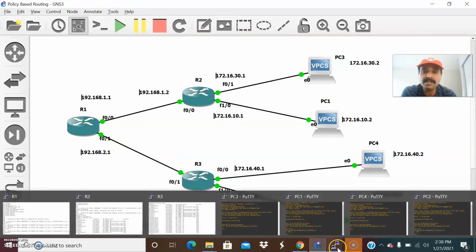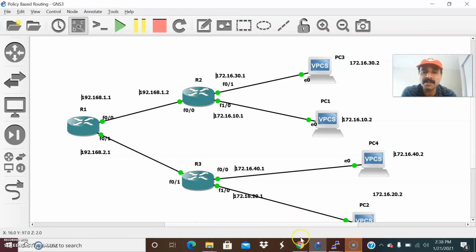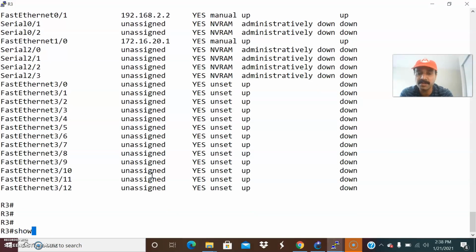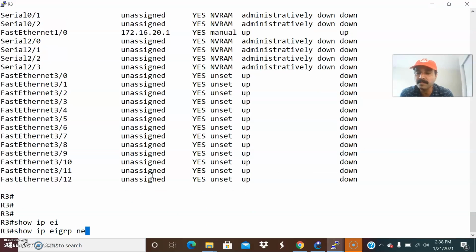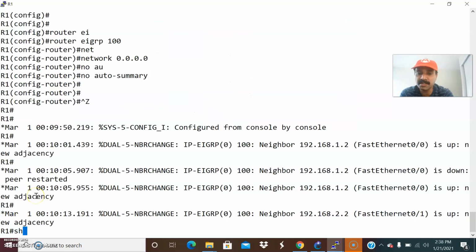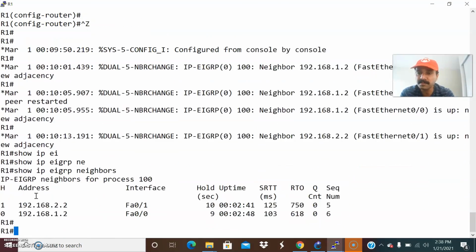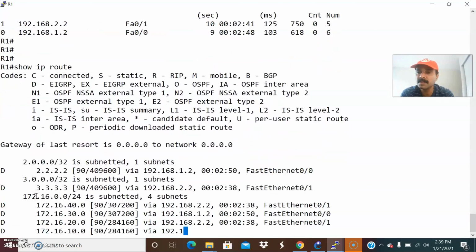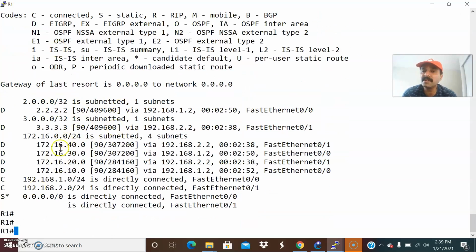So the only thing pending is that we have to configure the policy based routing. Before that, let us check the neighbors. Show IP EIGRP neighbors. So I'm able to see every neighbor, and also if you want, you can check the routes. Show IP route. So you can see every routing entry, right? You are able to see all the networks 10, 20, 30, 40 in R1. So it is getting advertised, all the PC networks. So everything is fine. If you want to, let us do a ping